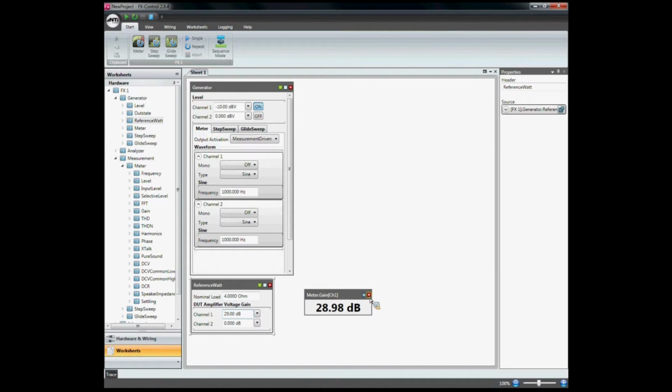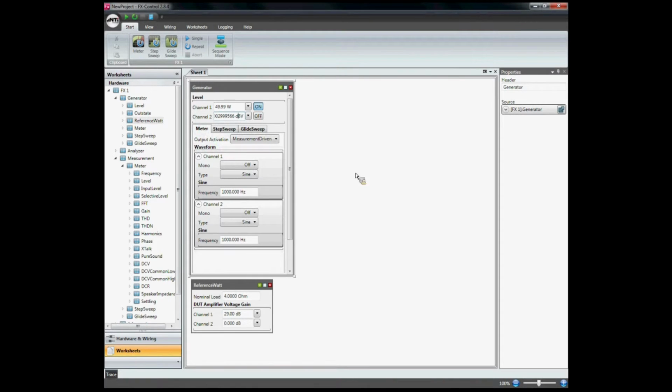So now I'm ready to enforce a certain output power on my amplifier. For instance, I could say I want to generate 50 watt. 50 watt shall be the enforced output power of my amplifier.